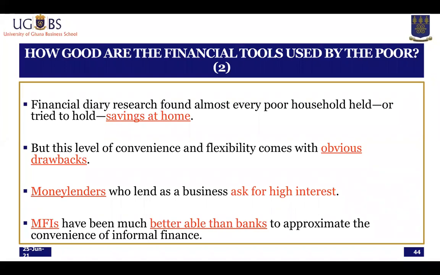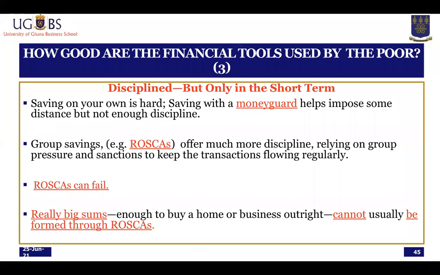So typically for the tools that the poor use, normally the convenience is good, flexibility is afforded sometimes, but reliability sometimes can be a problem, and also the possibility of risk. Now,